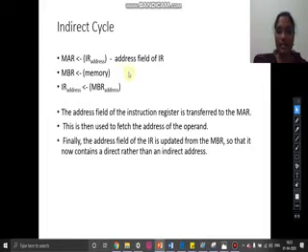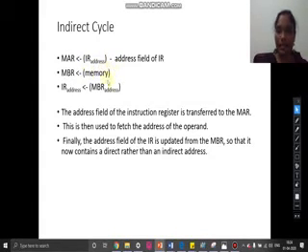The next one is the indirect cycle. So here the instruction address contains an instruction. So the address field of that instruction is taken and given to the memory address register. And again, I hope you can link this with your addressing mode, indirect addressing mode.